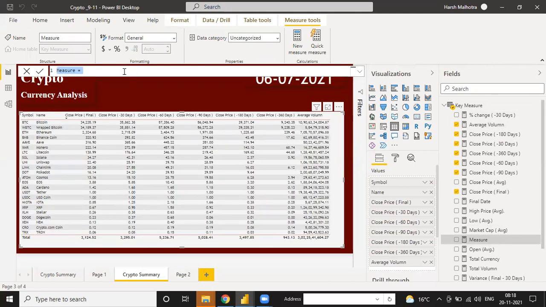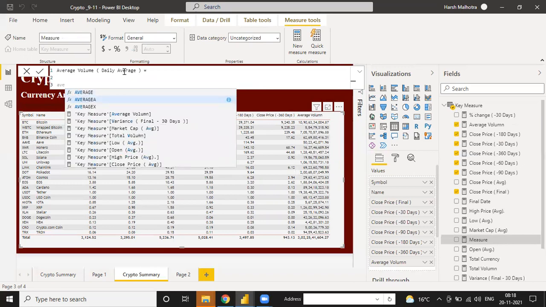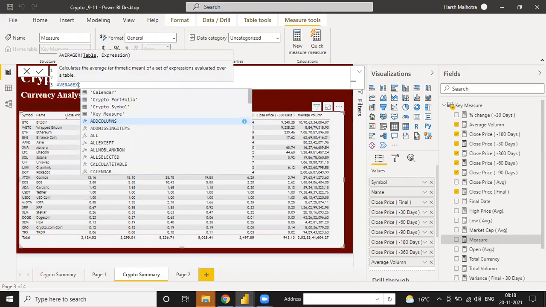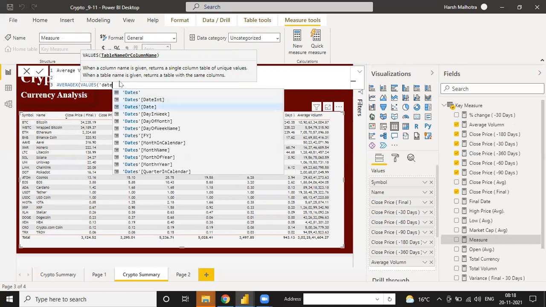If I am using average volume on daily average, what is the function, guys? You are using the AVERAGEX function. Right now we are going to use the AVERAGEX function with our table, and we are going to take my date table.